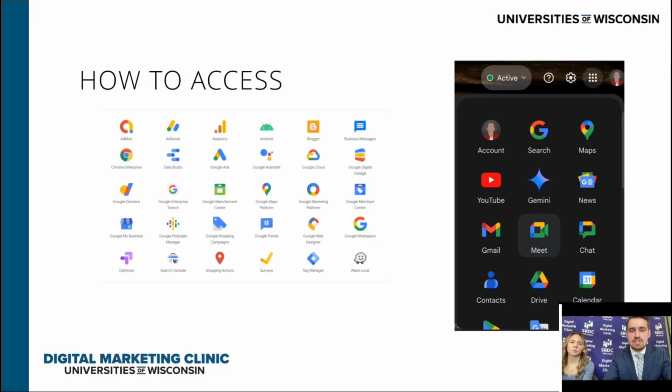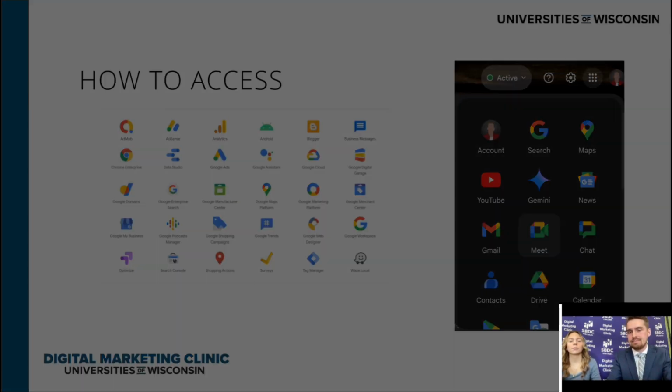And then finally, how to access all of these tools that we've been talking about. Most of the apps are by default in the dashboard in your Google app. So in the top right of that right image, the 3x3 menu there, you can click that and it'll drop down. Most of them are listed in there. Otherwise, you can add them. The left image is all of the apps you can add to that. But alternatively, if you can't figure out how to get them onto your dashboard, they're all Googleable. You can search them up and they should be one of the top results there.